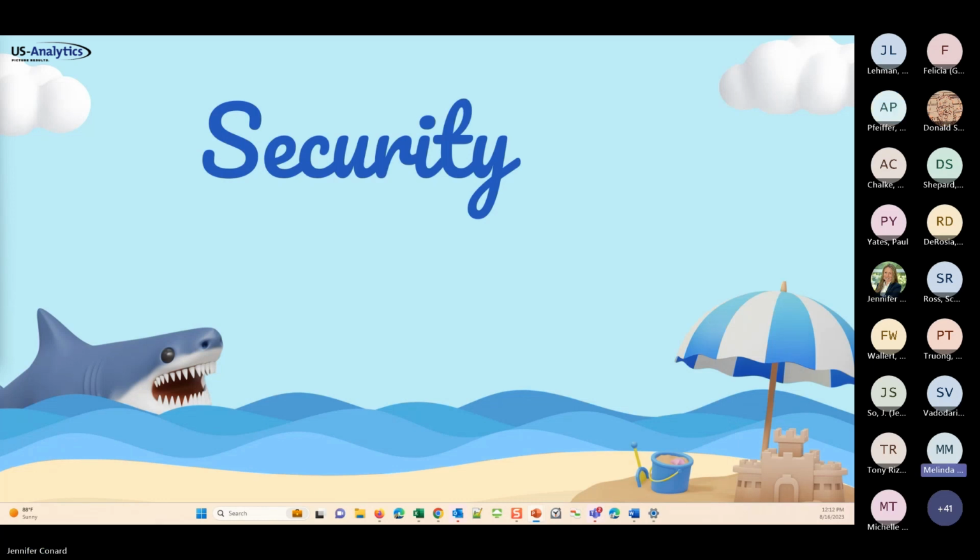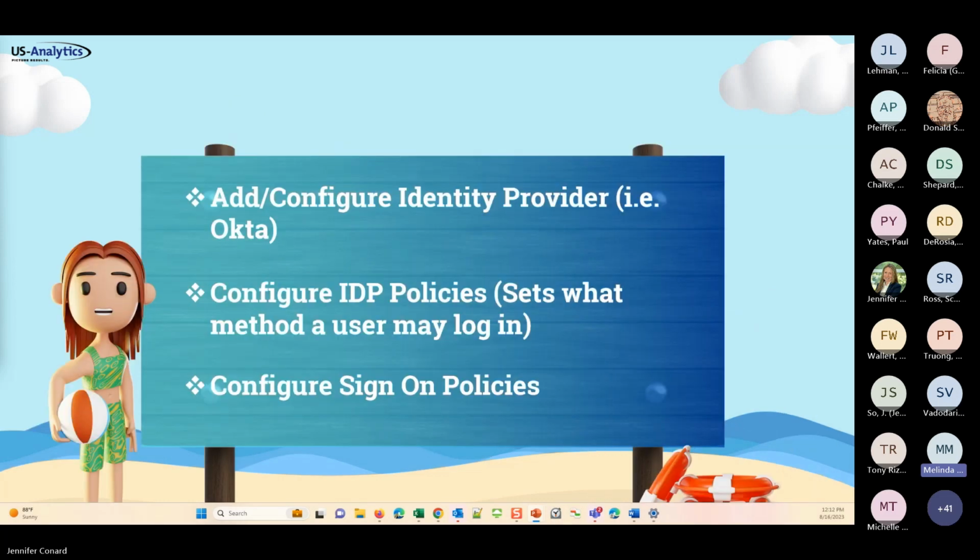Thanks, Jennifer. So we're starting with security because with this migration, the biggest change, or enhancement rather, is the security. When you're moving from Gen 1 to Gen 2, pretty much everything else moves seamlessly, but you end up with a much more beefed up security area. If you're familiar with My Services within Gen 1 and you set up SSO, single sign-on, all of those configurations are within one screen, kind of numbered out. Within Gen 2, there are multiple screens and multiple places to add configurations.